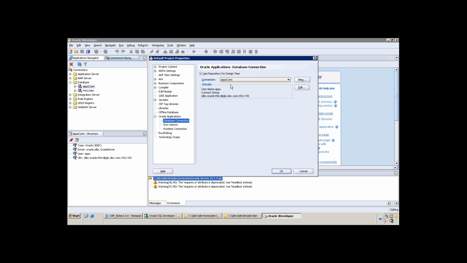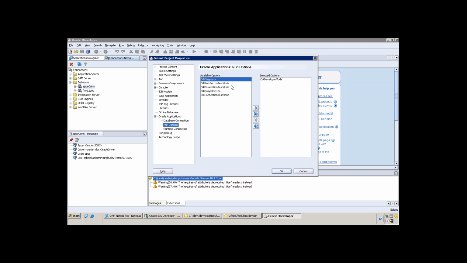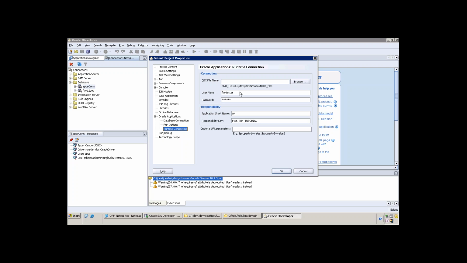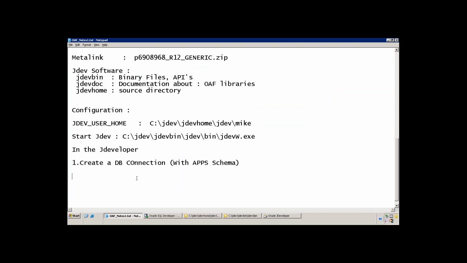Click on run options and check the diagnostics box. And the final one is runtime connection. Here what we have to do is get the DBC file. So now what I'll write is: first of all, get the DBC file